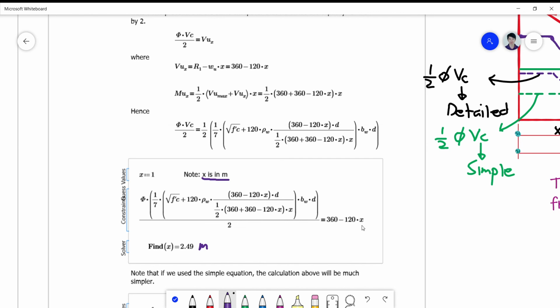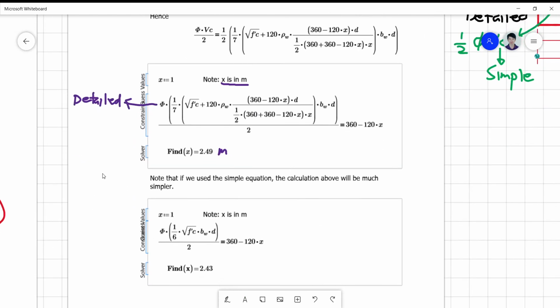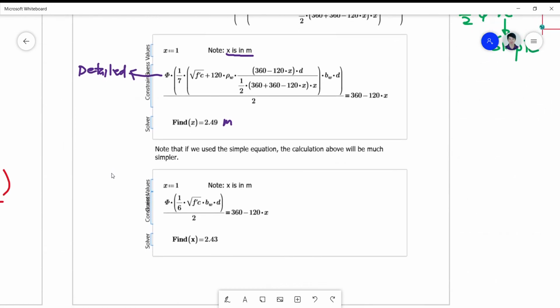Again, this is your consideration for the detailed equation. And note that if we use again the simple equation, the calculation above will be much simpler. And you can calculate this manually very easily